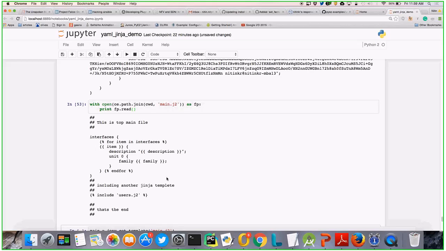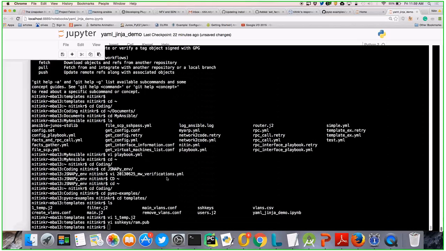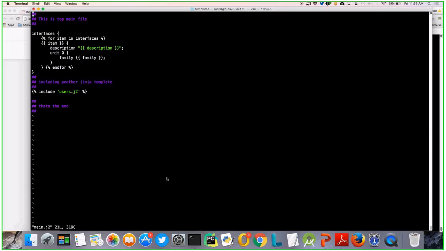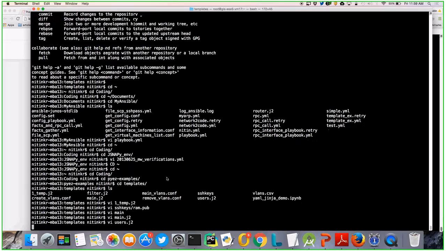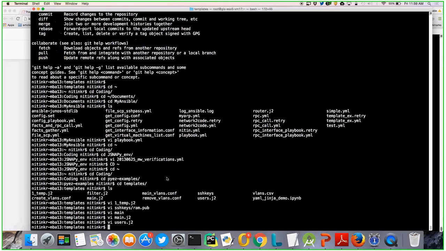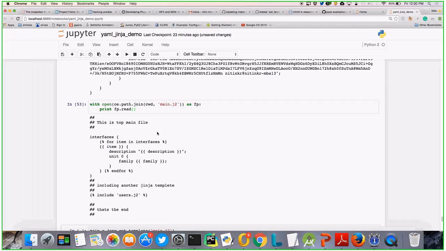So you can do kind of inheritance where you can include your other Jinja template in another Jinja template using include. So that is what I'm doing. This is my main Jinja template where I have this much template, and I'm also using include user Jinja template. Okay, so let's see these two files first. So this is my main file. And similarly, we will have the user Jinja template, which is what we used just now to put SSH keys. So that way we can include that.